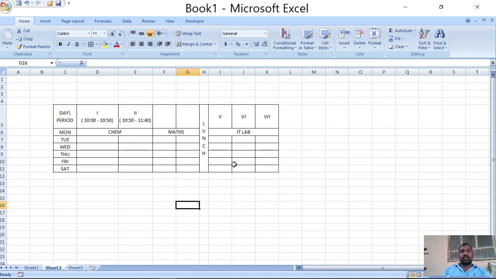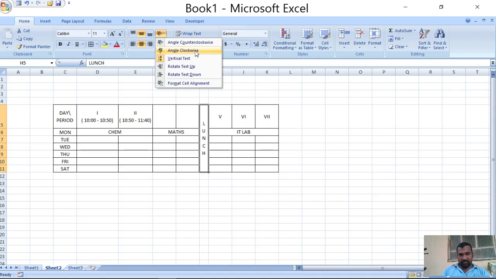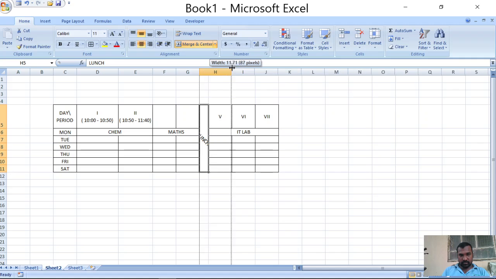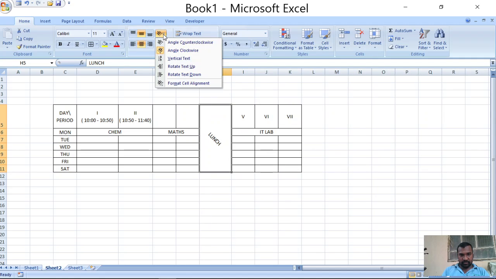So now it is looking like a table, right? You can change the orientation. Here we have different options: angle clockwise, and it is now looking like that. Rotate text down, rotate text angle counterclockwise.